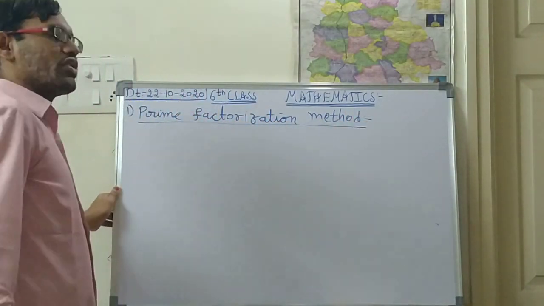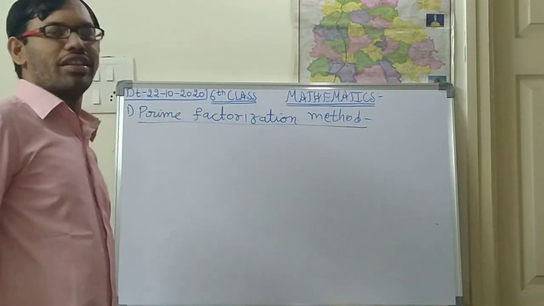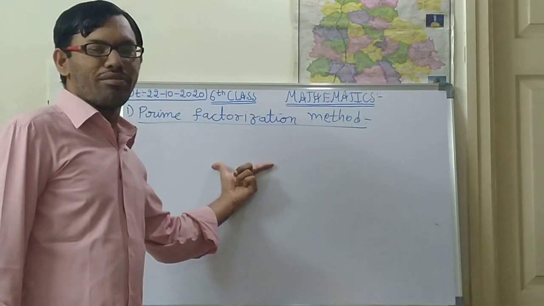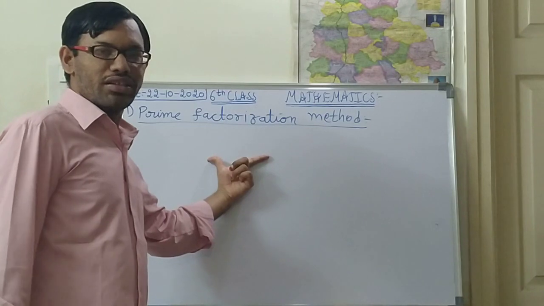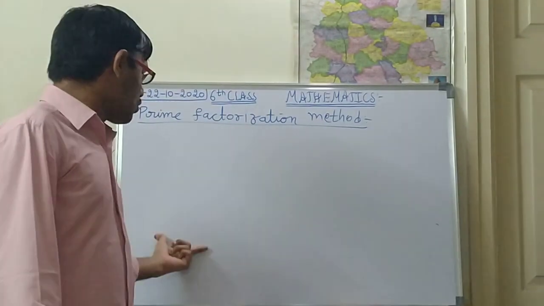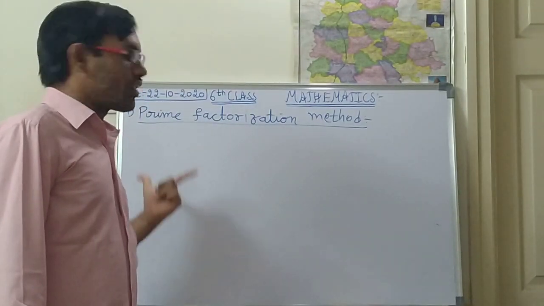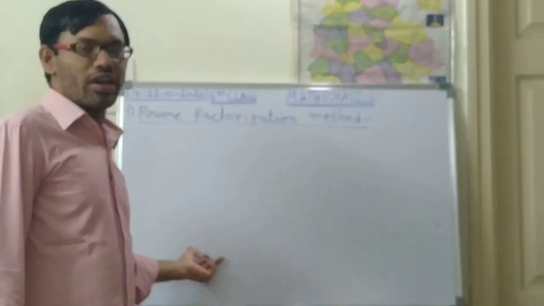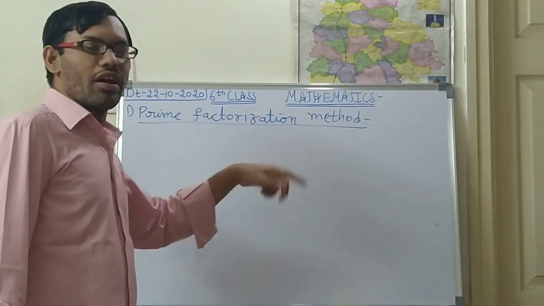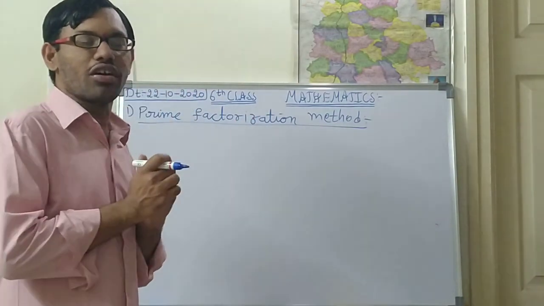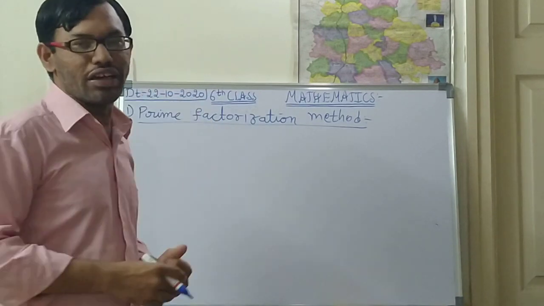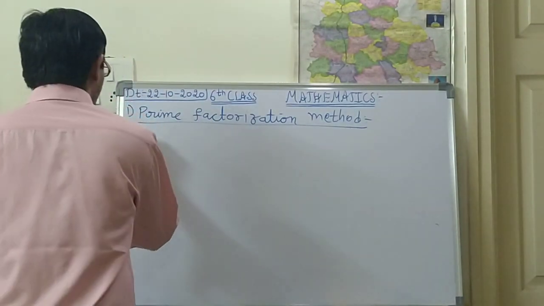So what will be there in the prime factorization method? If any two numbers are given, first of all you should find the prime factors. That means taking only the prime numbers and doing the factorization. And afterwards, from the two numbers, whatever the common prime numbers are there, you should take those and do the multiplication. So we should do it with one problem.